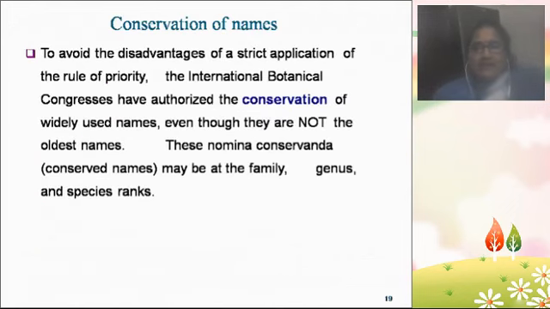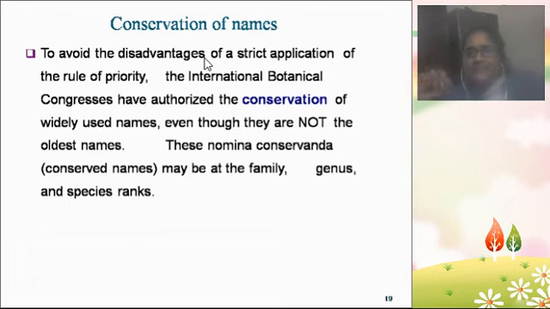See this example. Okay, and now coming to the conservation of names. Conservation means protecting the names. Generally, if there is any cultural heritage or any valuable asset, we need to protect it, right? In the same way, if there is a plant or tree that is 2000 years old and has been called by a particular name for 2000 years, then that same name will be identified and accepted based upon the sanctity of the religion, the sanctity of the culture of the people, and the sanctity of the name being kept.